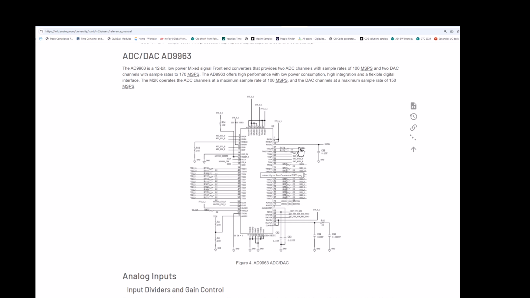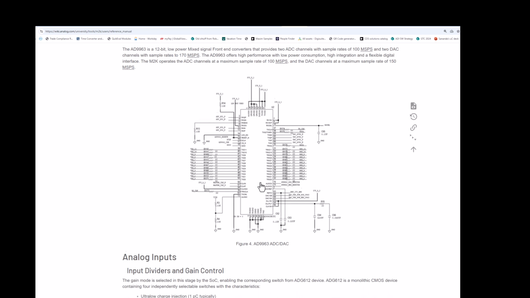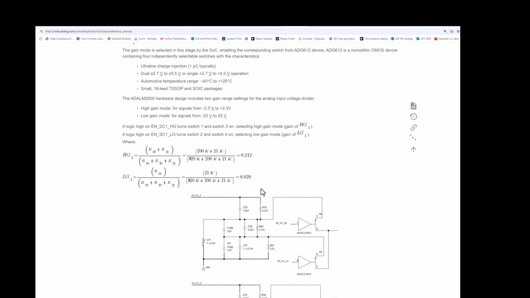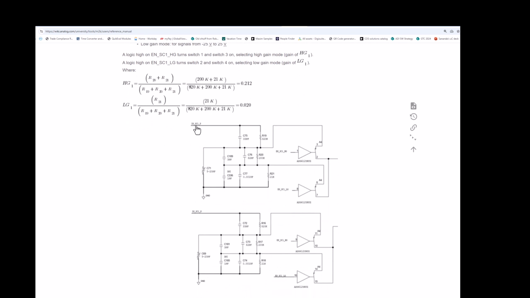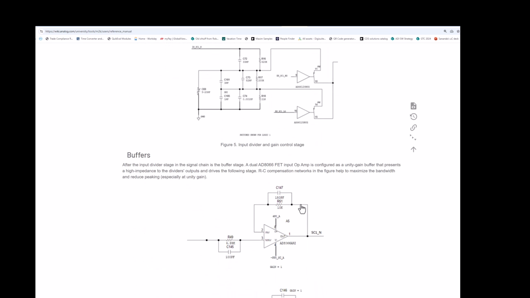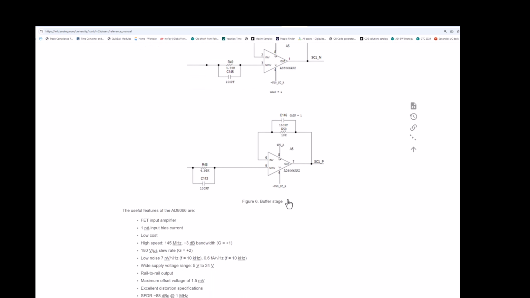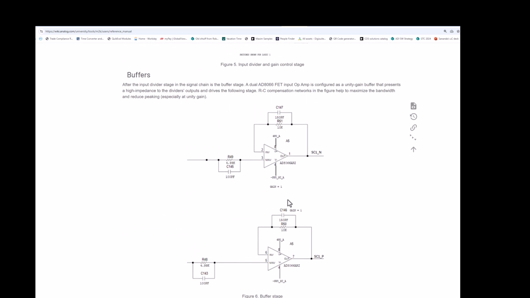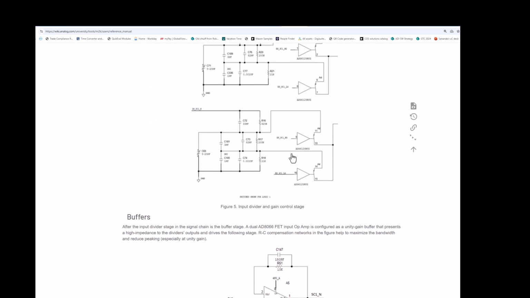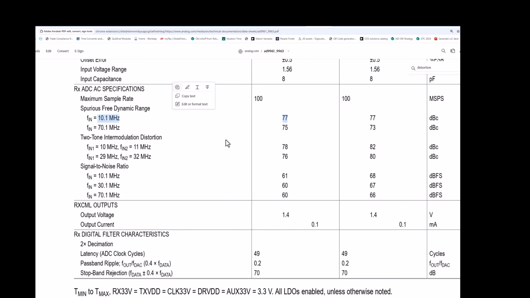I've also got other distortion mechanisms in here. So the analog input comes into an attenuator and goes through a couple of analog switches and a bunch of amplifiers, each of which is going to add its own distortion. And if we look at the A to D converter itself, so this is the data sheet for the